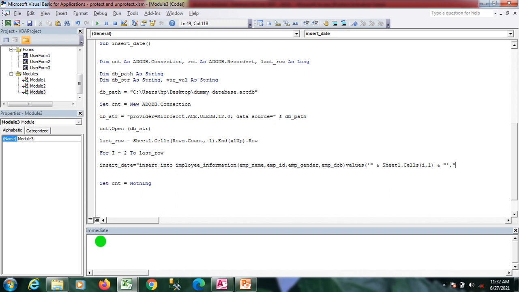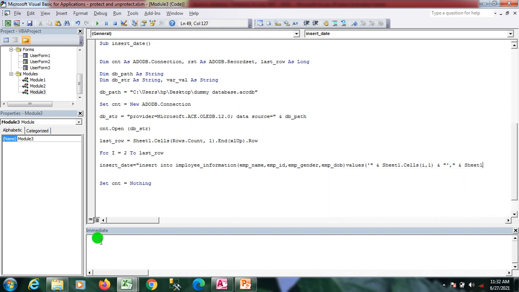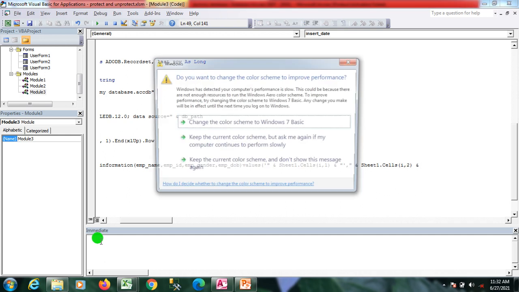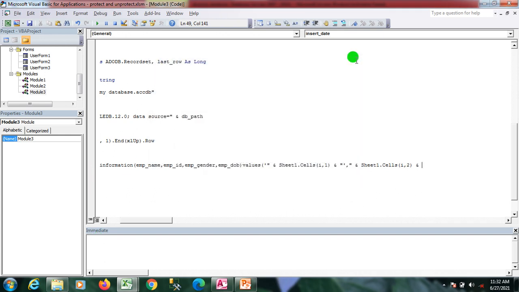And in the second column I have the data which is numeric data. So for numeric I have used only the double quotes. See, Sheet1.Cells(i, 2), I'm using the second column here, and I'm closing that, right?